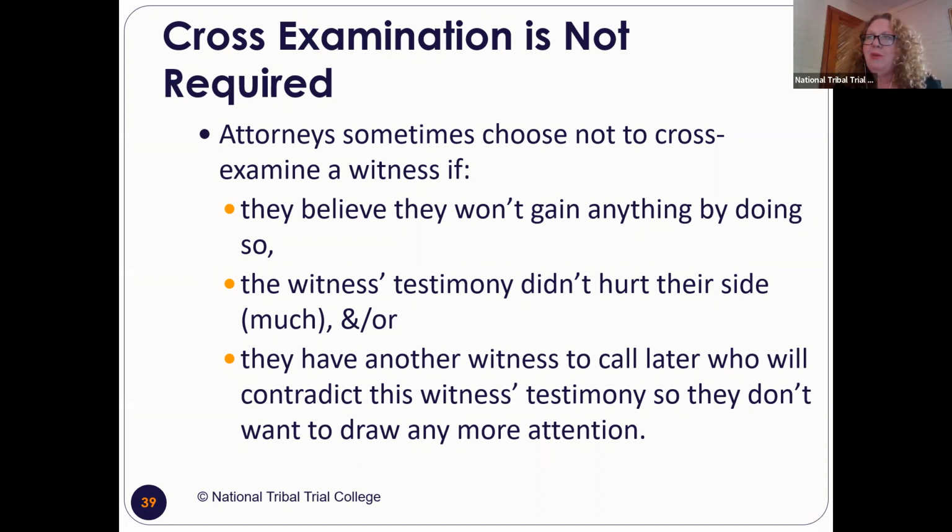Sometimes the judge will say, will you stipulate? And they'll say no. And then you go and you put the witness on the stand and then you try to qualify them on direct. Sometimes, and don't let this freak you out, it'll be the other side's turn. The judge will say, would you like an opportunity to voir dire the witness?